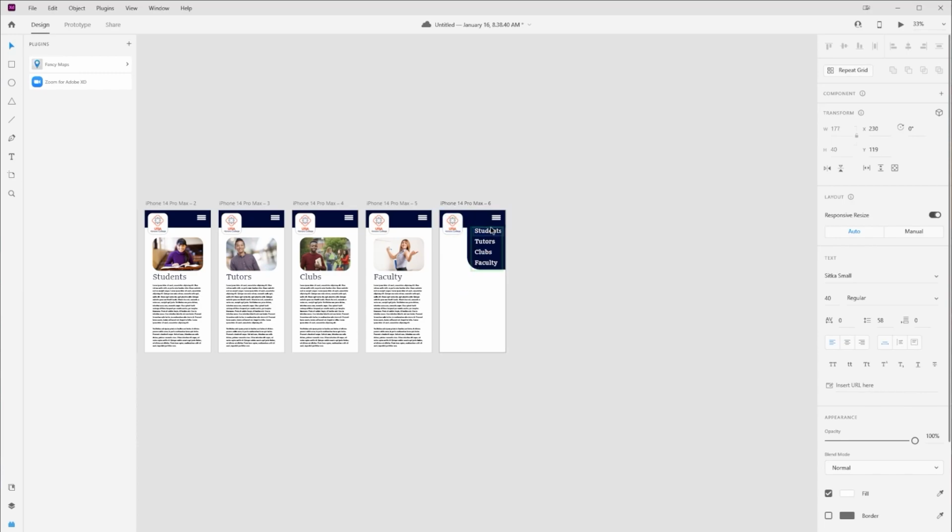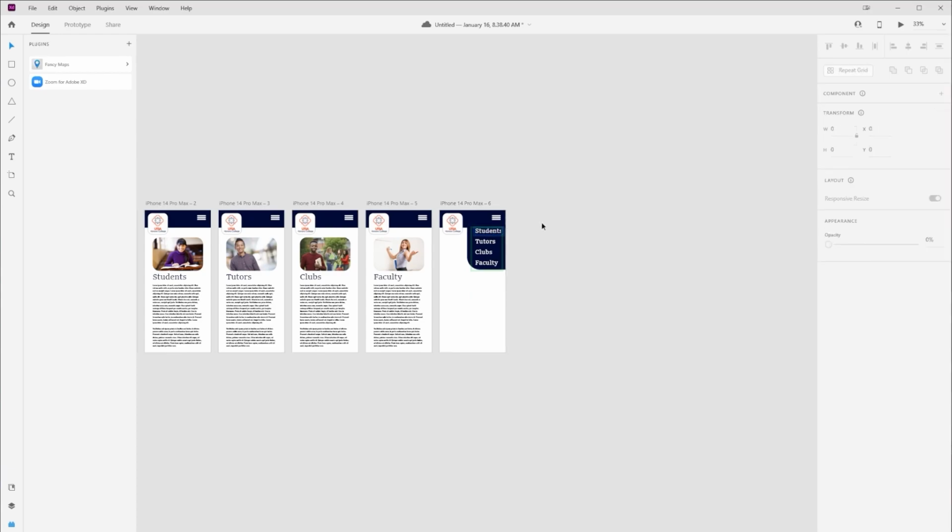And I'm just going to bring this whole thing up and over a little bit. Again, probably not the best font if you are really doing this for really real, but for sake of demo, it works and should be okay. So what we're going to do now is we're going to actually start to make this work.